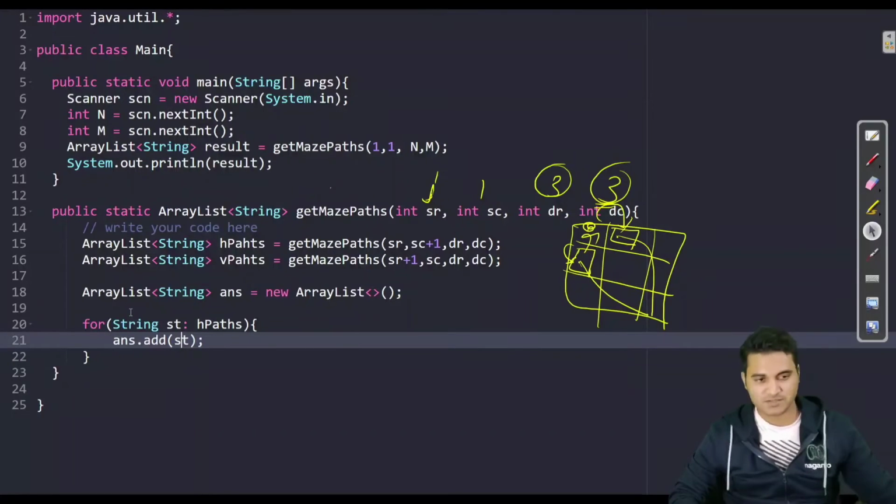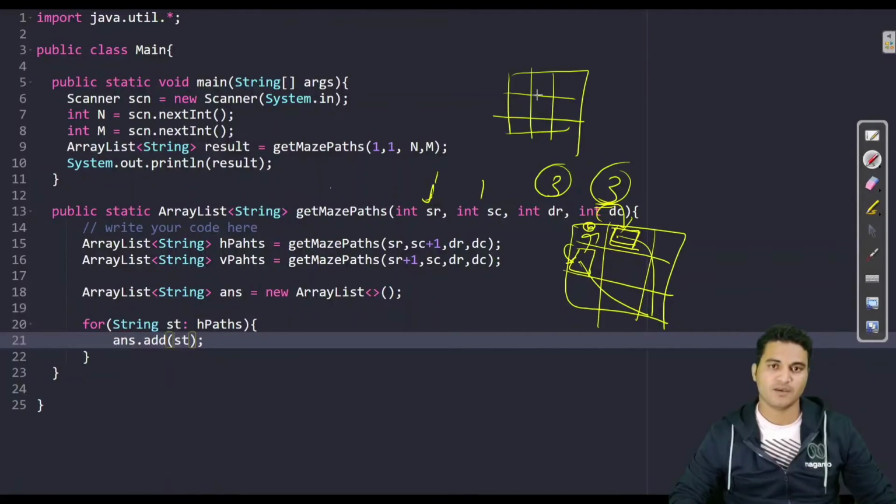So whether I have to add horizontal after this st or before this st, how can we see this? Before reaching here I will have to make 1 horizontal call to here. Let us say if we are on this box, how will we be able to enter into this box? Of course by taking 1 step horizontal.